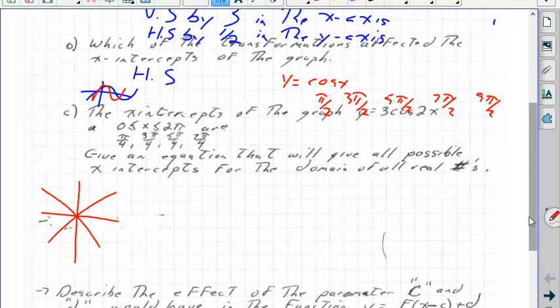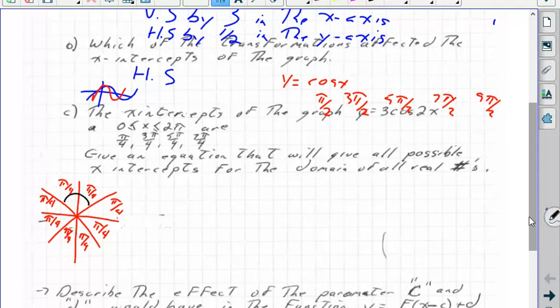Well, if we look at this, we have pi over 4, and so we could use pi over 4 plus 2 pi n, and 3 pi over 4 plus 2 pi n, and so forth. But with this one, you can see